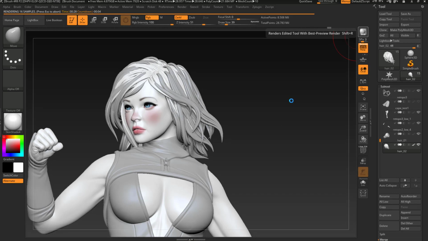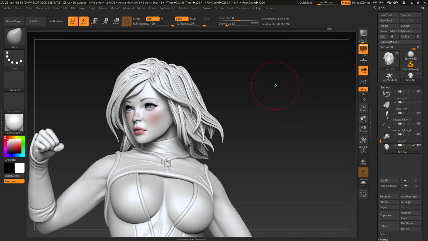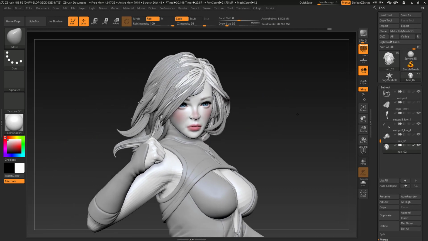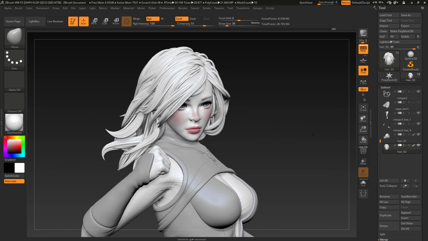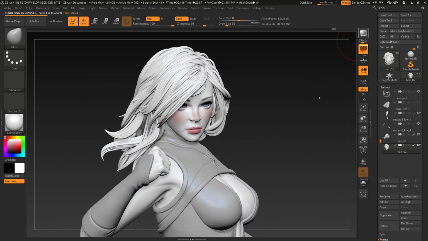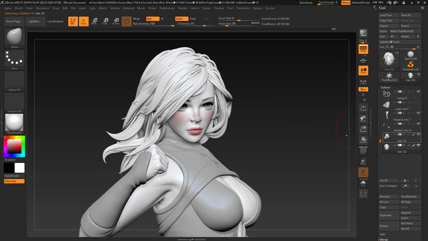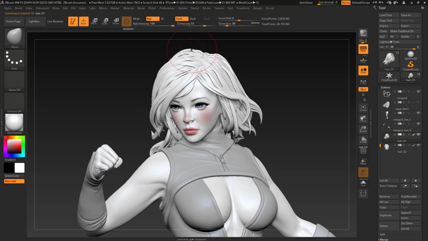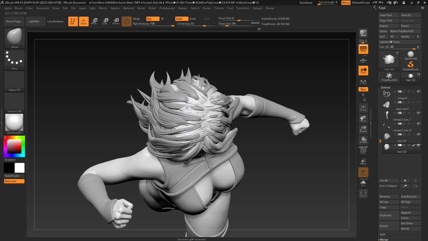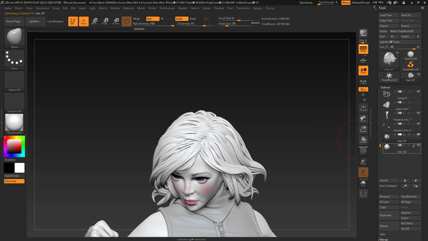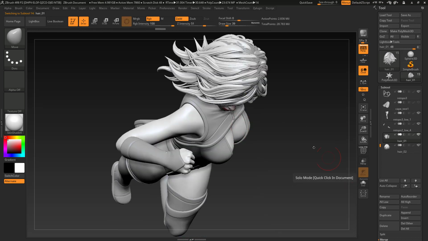I'm gonna do another quick render, and I'm just checking to see if the volumes are okay. And from this side, I like this side. I think it looks pretty good from here, but yeah, the other side, I think the volume is a little bit too big. So I'm gonna push inside those strands there. They look a little bit weird, and kind of like that. I'm gonna adjust them